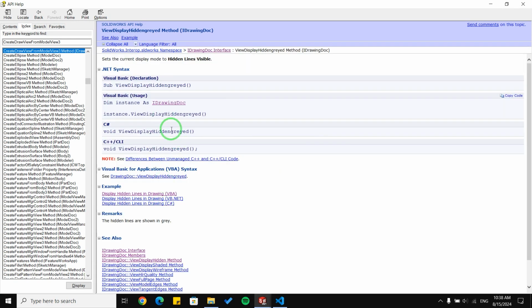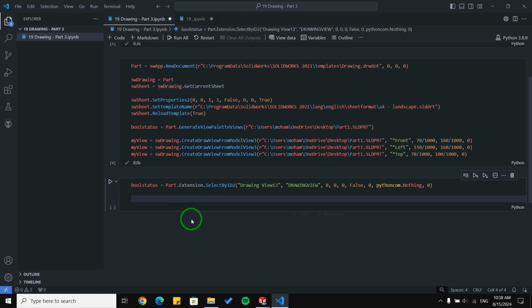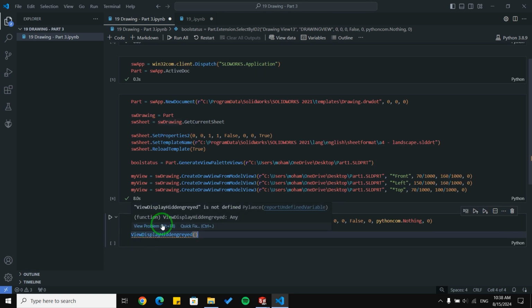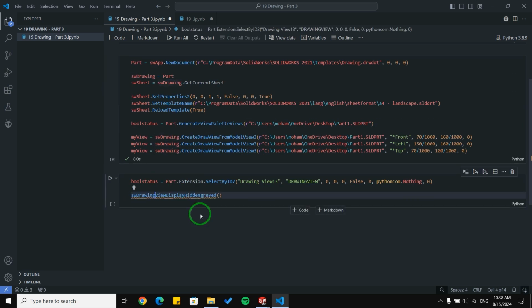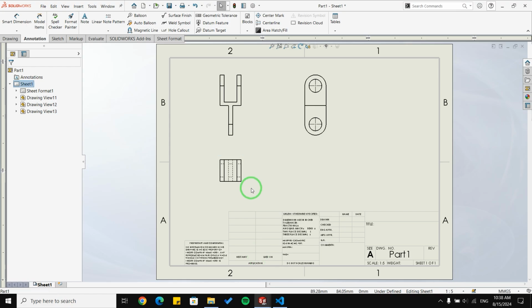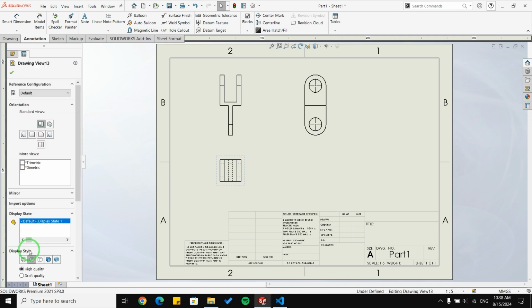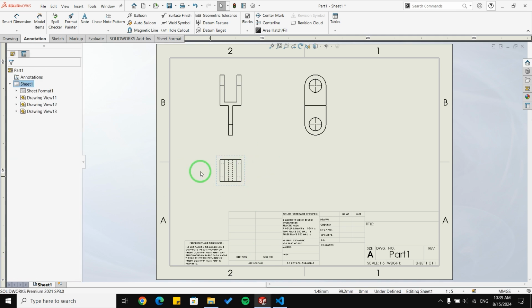So I'm going to copy this function and paste it here. And for the instance object, we are going to copy SWDrawing and paste it here, with a dot. And let me run this block. After running, as you can see, now we are able to change the display style for this view.